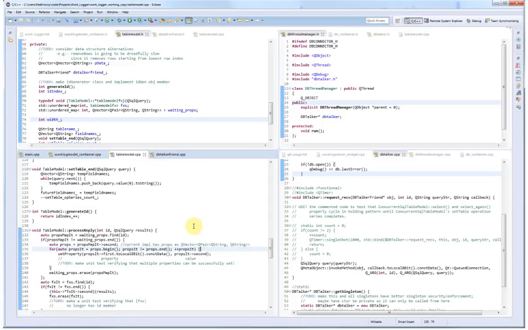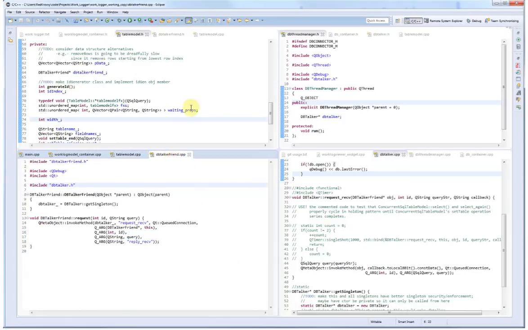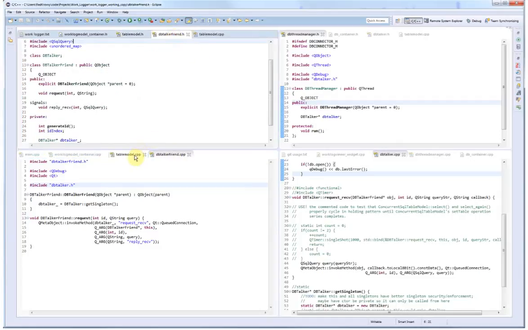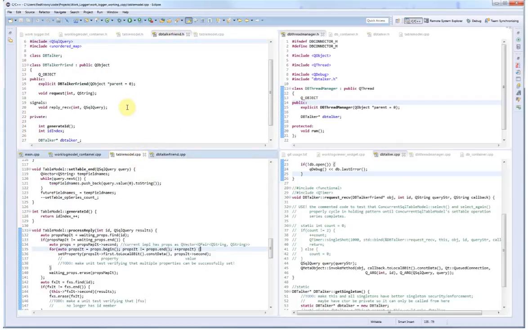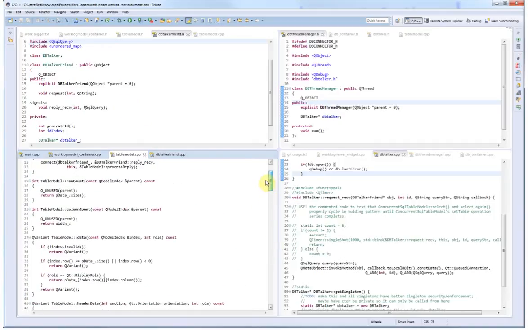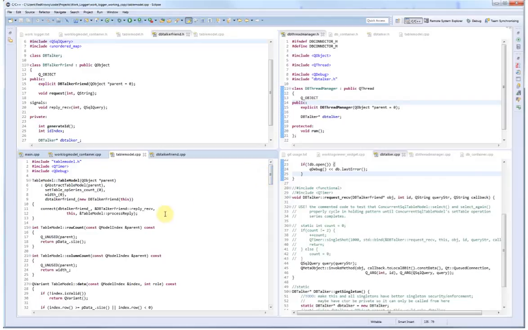So process reply is the slot hooked up to the signal of DB talker friend, which is reply receive, and you can see the hookup in the constructor up here. So we're connecting the DB talker friend member's reply receive signal, which is the callback done by DB talker over here,